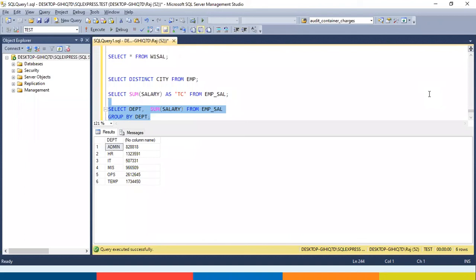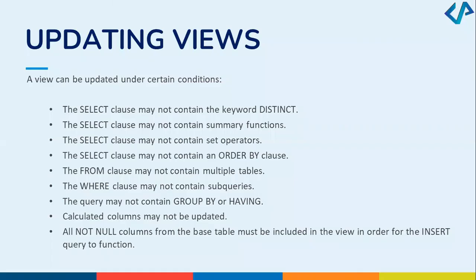So if you have created a view for this, again, data manipulation is out of the question.